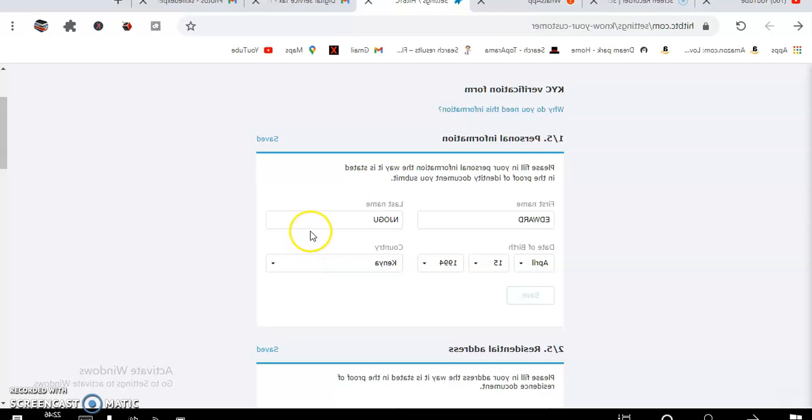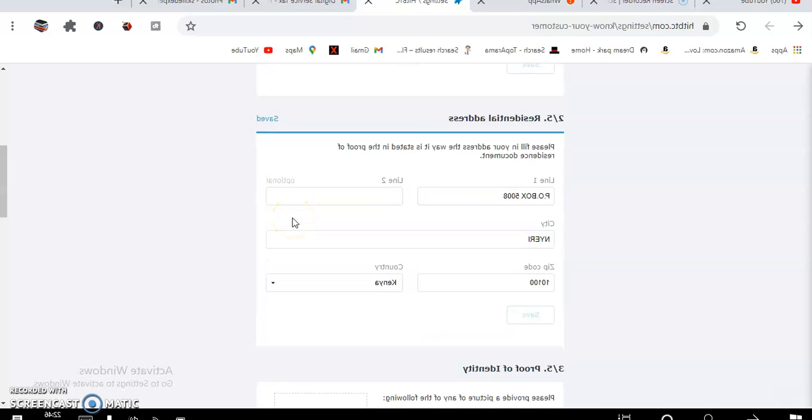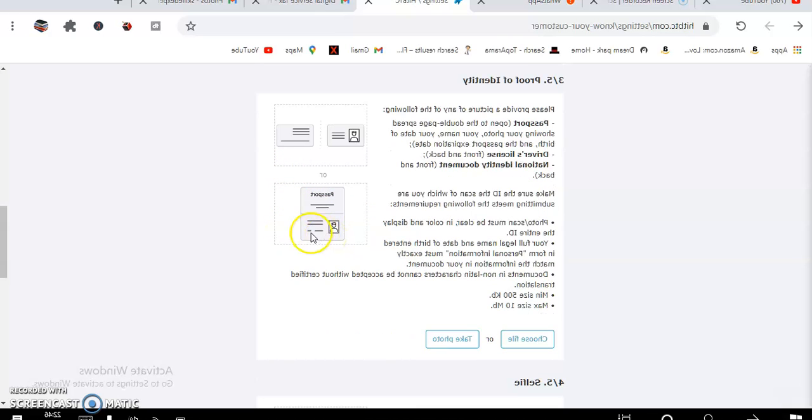I need to fill my personal information as I've filled. I need to fill my resident details. I've filled that. Then I need to provide a proof of identity. Please provide a picture of any of the following: passport, driving license, or national ID card, front and back. So make sure